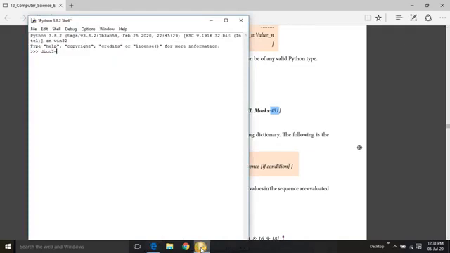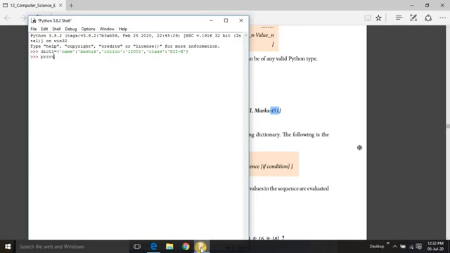dict1 equal to name colon Ashik, roll number colon 12001, class colon B. A dictionary is created.